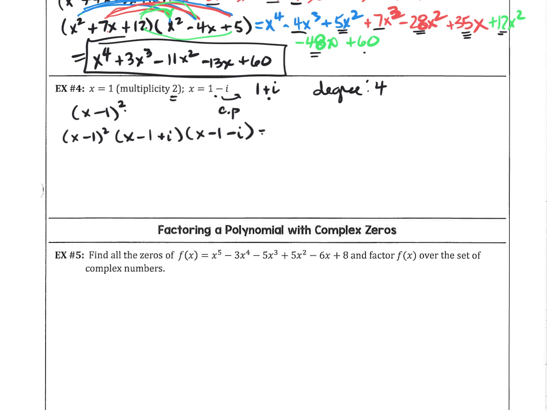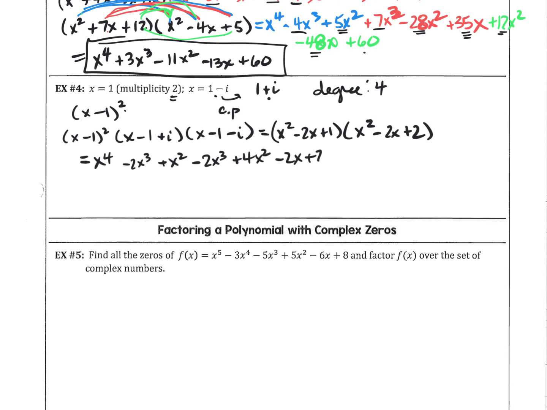To multiply it out, x minus 1 squared becomes x squared minus 2x plus 1, double square. This guy is going to become x squared minus 2x plus 2 when you work it all the way out. So last but not least, we end up with x to the 4th minus 2x cubed plus x squared minus 2x cubed plus 4x squared minus 2x plus 2x cubed squared minus 4x plus 2. Clean it all up, we get x to the 4th, 4x cubed, 7x squared,